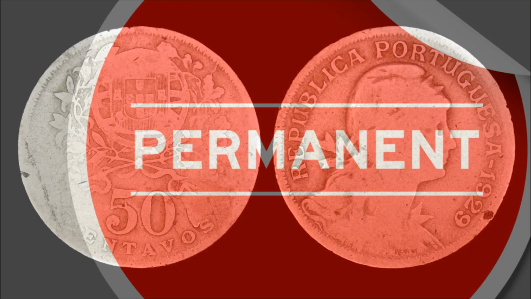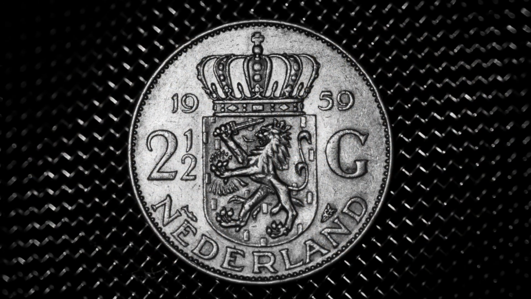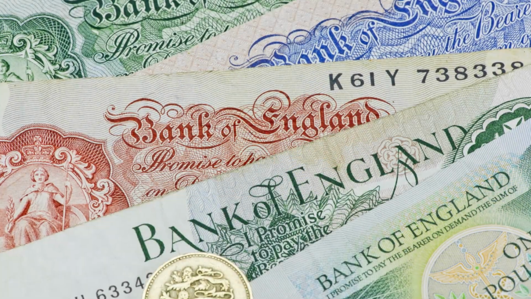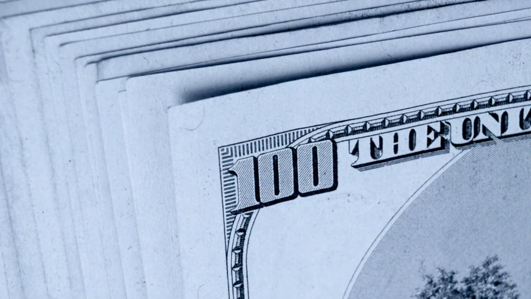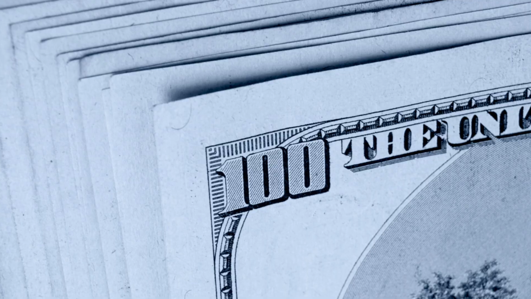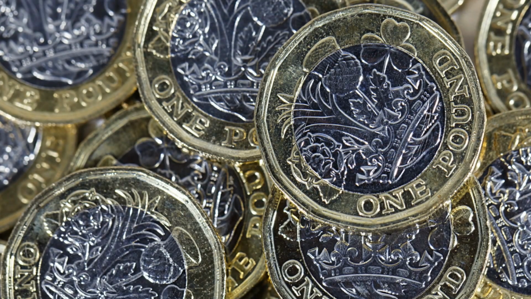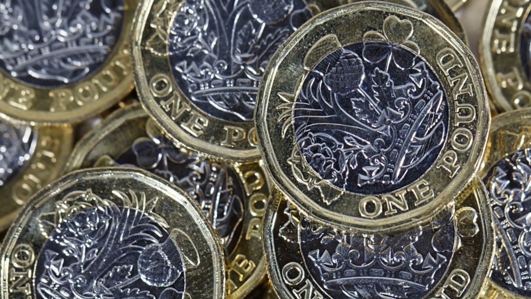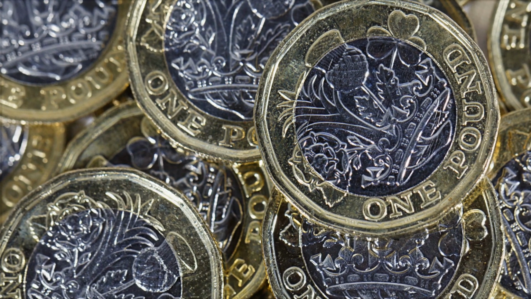The Portuguese real lasted 80 years. The Dutch guilder lasted 80 years. The British pound lasted 105 years. The dollar became the world's reserve currency in 1944. That's 81 years ago. And right now, the dollar is in stage 5. Let me show you the 7 stages, how they killed 3 reserve currencies, and where the dollar sits today.